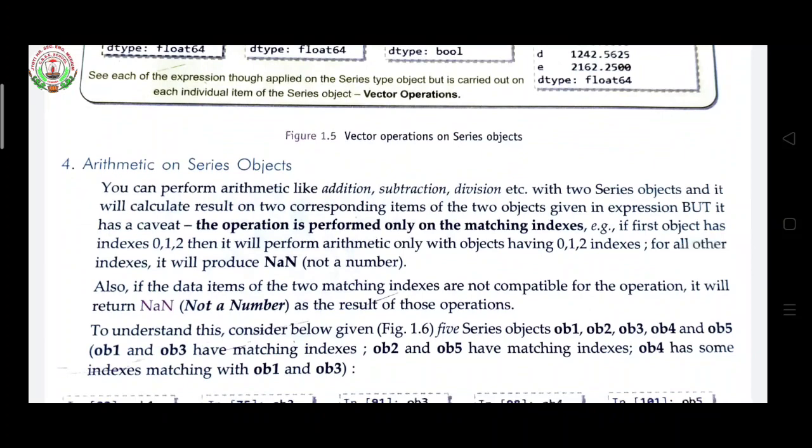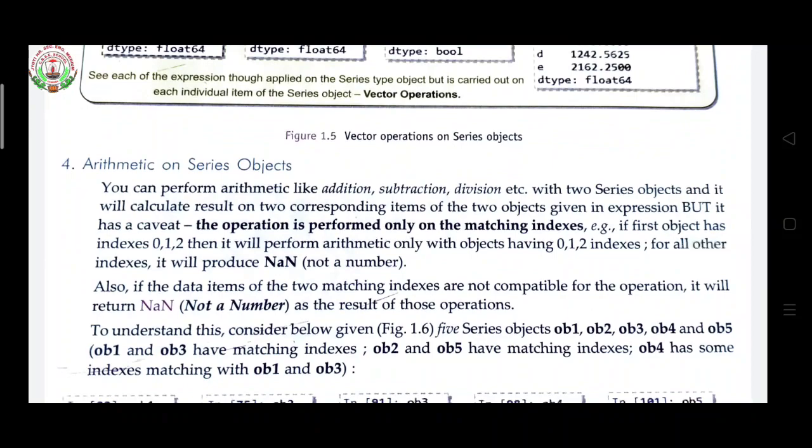That is, for example, if the first object has index 0, 1, 2, then it will perform arithmetic only with objects having 0, 1, 2 indexes. For all other indexes, it will produce NaN, not a number. Also, if the data items of the two matching indexes are not compatible for the operation, it will return NaN as a result of these operations.